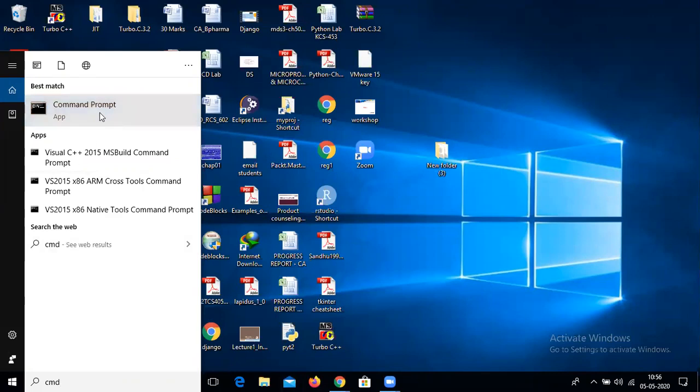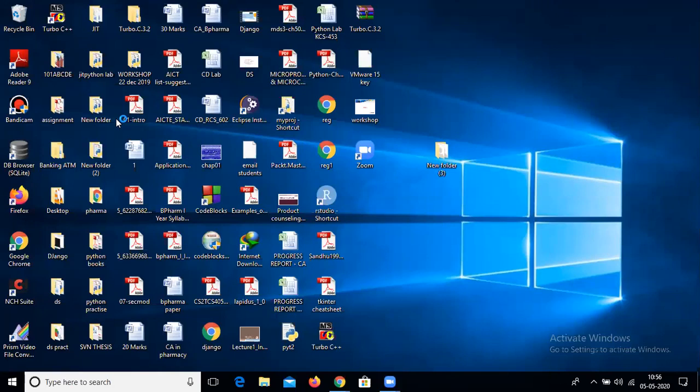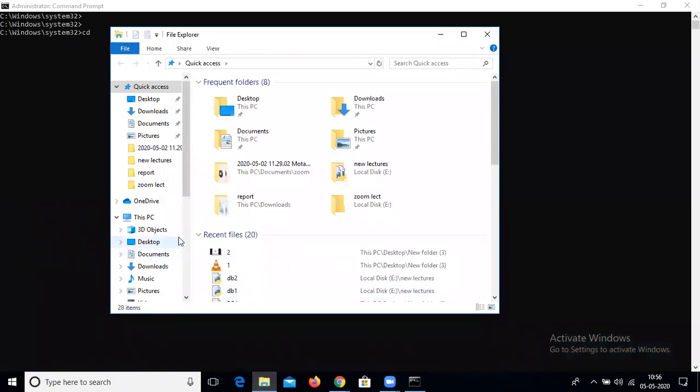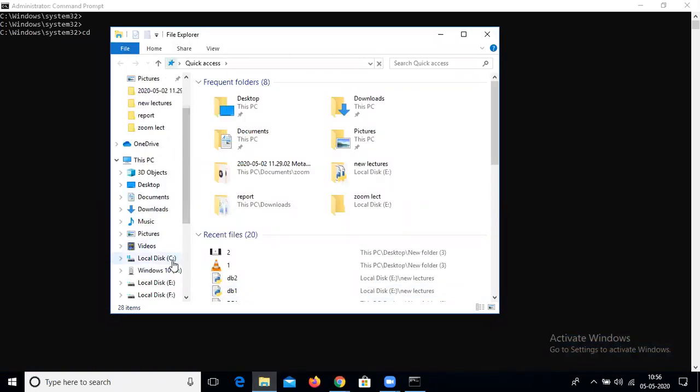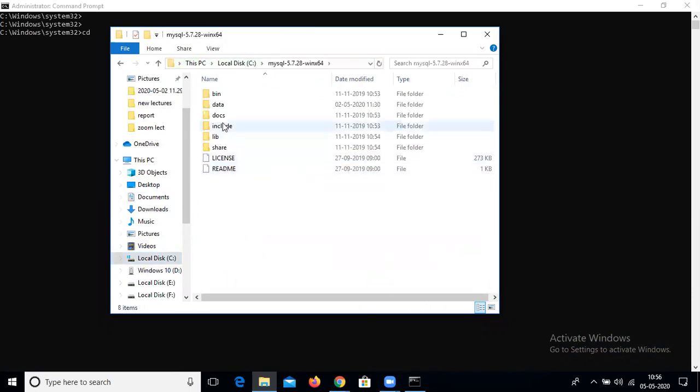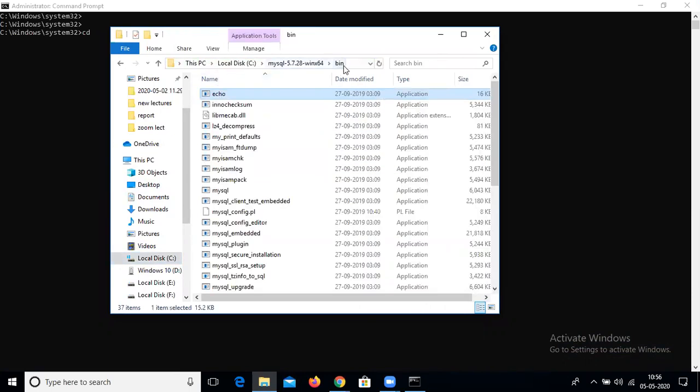Run the command prompt as an administrator. Go to the bin directory. Where is the bin? The bin is inside drive C, in the MySQL folder.